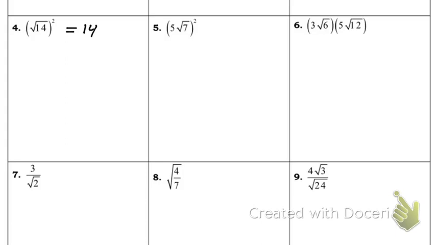So two ways to look at that. My first way, I was like, okay, they cancel each other out, so I kind of cross them out. Another way you can look at it is, well, square root of 14 squared would be the square root of 14 times the square root of 14, which would end up just being 14. And if you don't believe me,